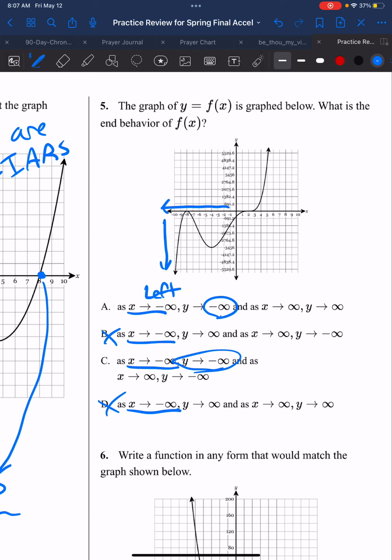So now, the other way is as x approaches infinity. As x goes to the right, what happens? As I go to the right, my function goes up. Up is positive, so I'm looking for positive infinity here, which is choice A. So as I go to the left, I go down, so negative, negative, and as I go to